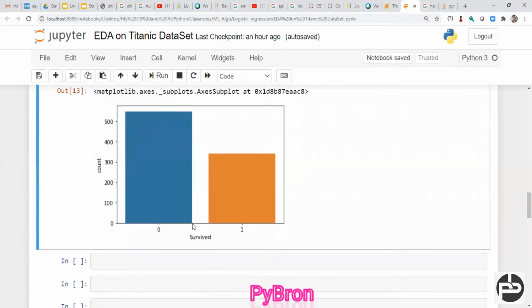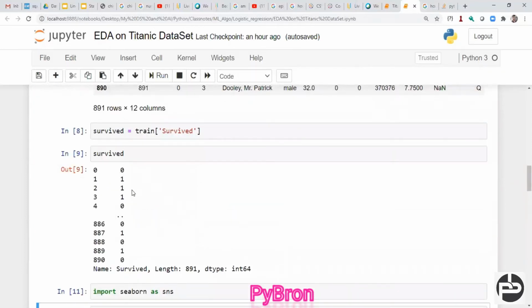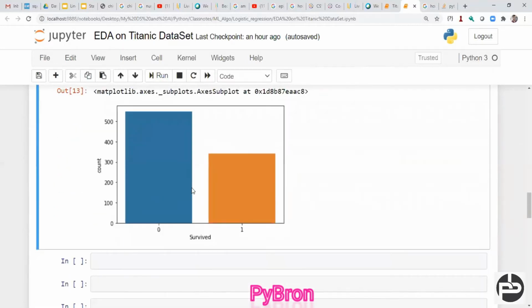Now if you can see, the number of people who did not survive is more than the number of people who survived. You can see this with the graph, but with the data alone we are not able to conclude how many people survived and how many did not. This means graphical representation or visualization helps to perform the EDA techniques, I could say.